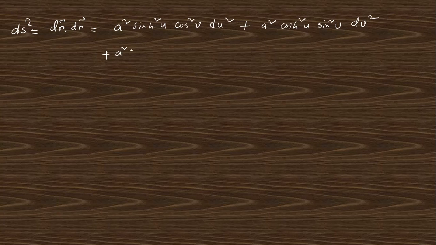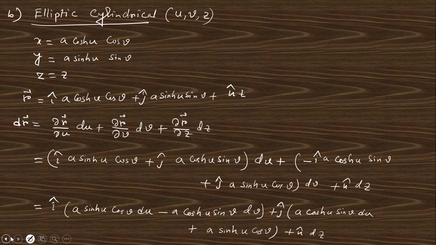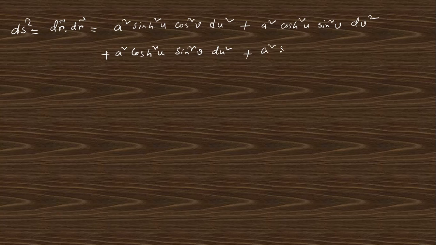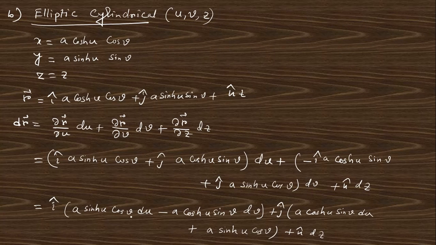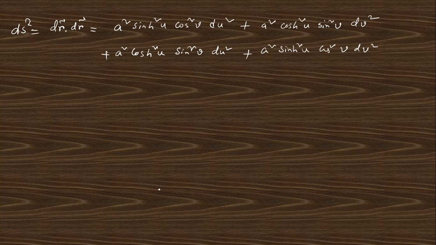So this is a square cos hyperbolic square u sin square v du square, and this is a square sin hyperbolic square u cos square v dv square, and the intermediate terms, this is sine cos and this is sine cos, these terms are cancelled out and this term will give you only